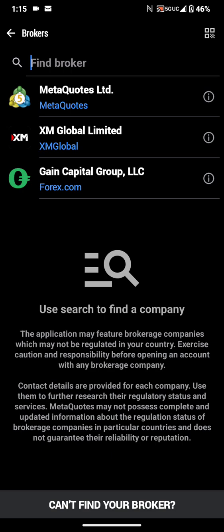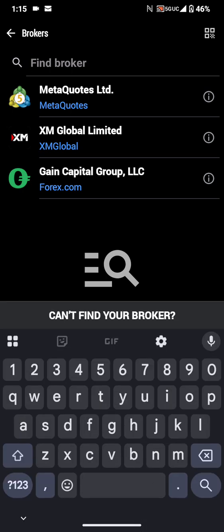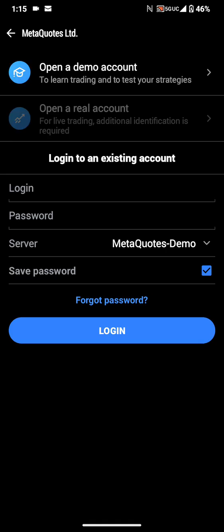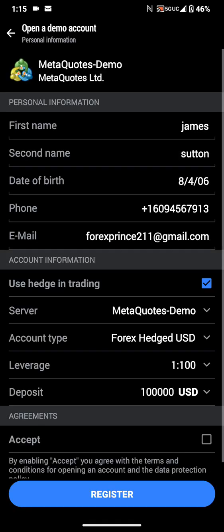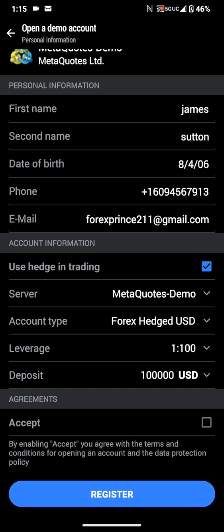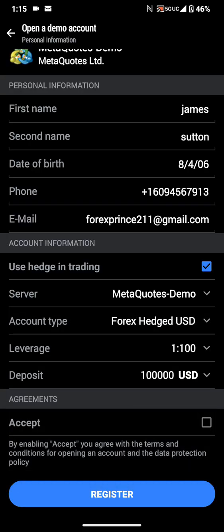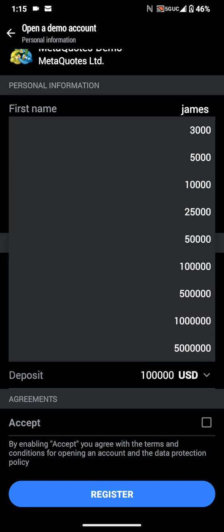All right, we're going to look for, it's right there actually at the top, MetaQuotes Ltd. All right, we're gonna hit that. We're gonna hit open a demo account. It's gonna ask you all your name and all that stuff and all my number. Most of you guys got all this stuff anyway. All right, so you want to make sure it just says MetaQuotes server. You can do Forex over here, and this is the best way to do it. So we are going to Forex USD. 1 to 100 is our amount, and we're going to start with whatever amount you want to start with,